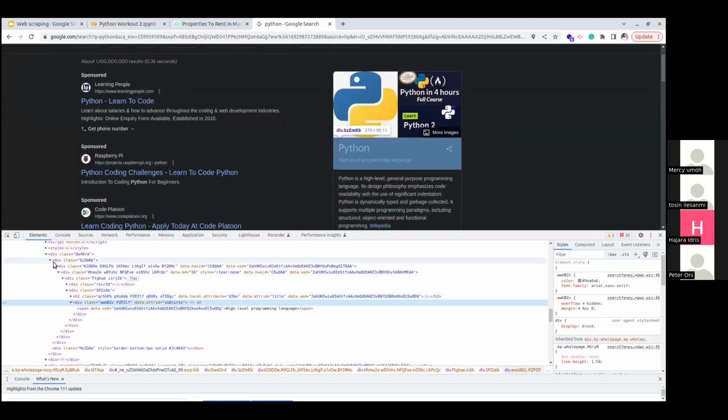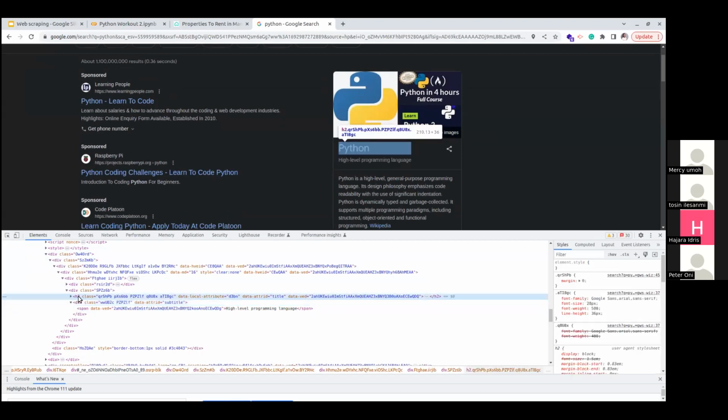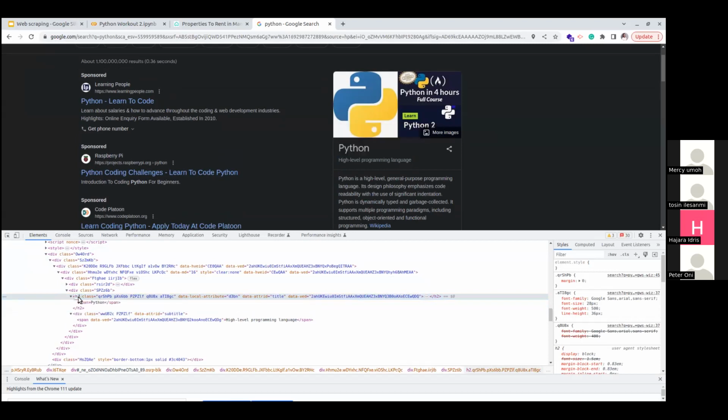So all these things, this div is an HTML tag. H2 is a header. Header is basically like the heading of a document, and there are different types of header classes. There's H1 to H6. If I manipulate this and change it to H4, you see that it will change what is here, except maybe the font size.